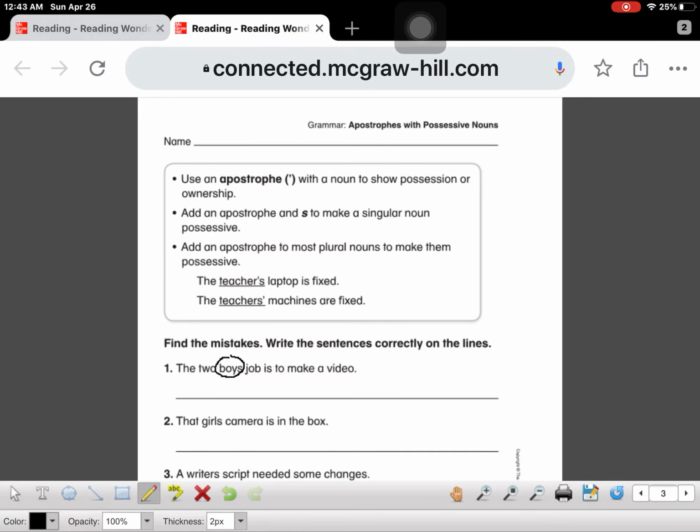You're going to rewrite the sentence. So when you start out the sentence, you start with an uppercase letter, capital letter. And also, guys, make sure you finger space. So you write the word the, then finger space, 2, the number word 2, finger space, boys. And since that already has the S there, we're going to put our apostrophe after that. See that up in the air? The boys' job